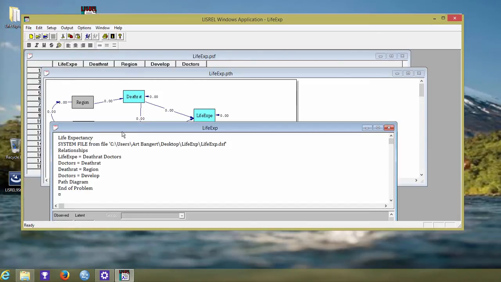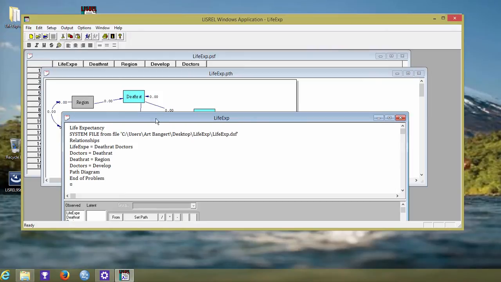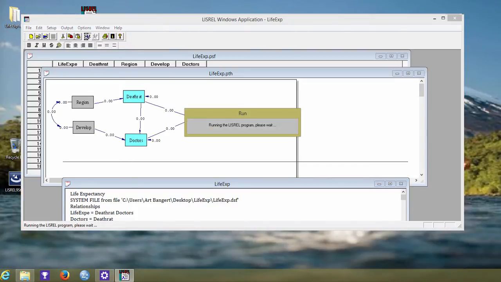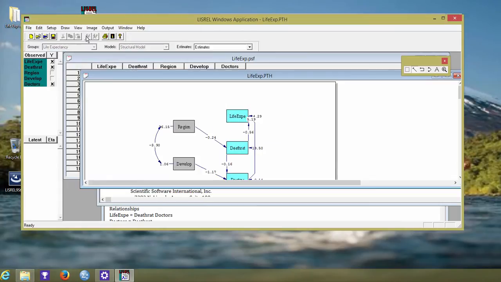I guess we need to keep that file window open and just keep it right south of our path diagram, because this button needs to be highlighted in order for us to run the analysis. So when we do that, we can run the analysis, and it's taking longer than I anticipated, but there it is. And now we can see